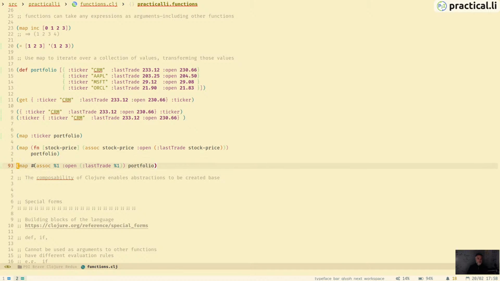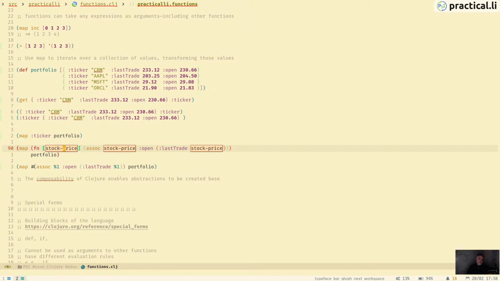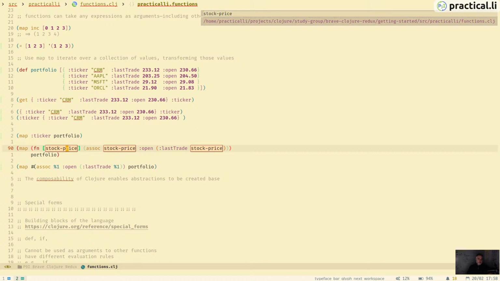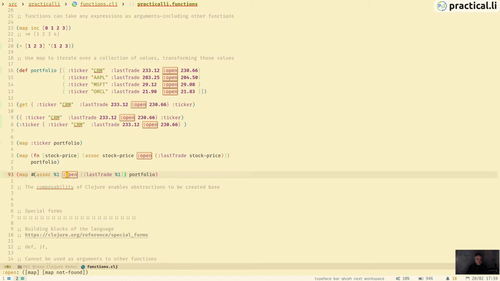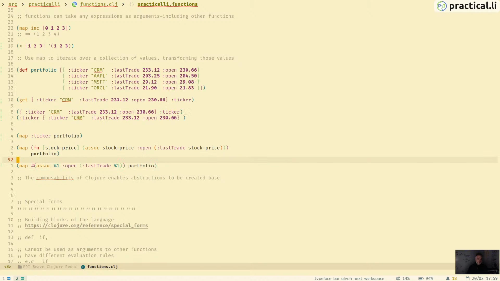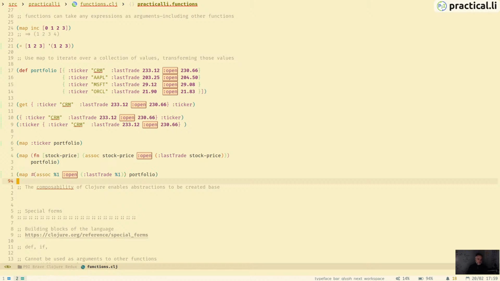So this is just the short form of writing the above. The advantage of this for the developers is you don't have to think of a local name. In terms of performance and efficiency of Clojure, we're not generating a local name, so there's no bit of memory used for this local name. So potentially it can be more efficient, although in this example it wouldn't make any difference. But when you're processing large amounts of data, it can be quite useful. So it can be more readable, especially when you're comfortable with Clojure,